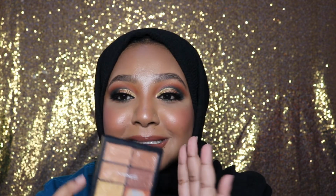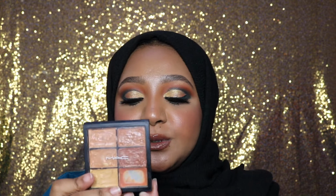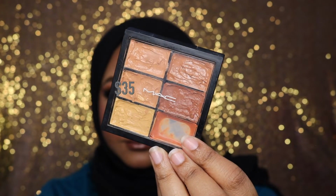Now we're gonna jump onto concealers. This is more of a color corrector palette with concealers, but I like the color corrector part. This is the MAC Pore Conceal and Correct palette in the shade medium deep. As you can see, I have used this shade over here a lot. This is the shade Burnt Coral, and I mostly like to use this concealer in my day kind of makeup